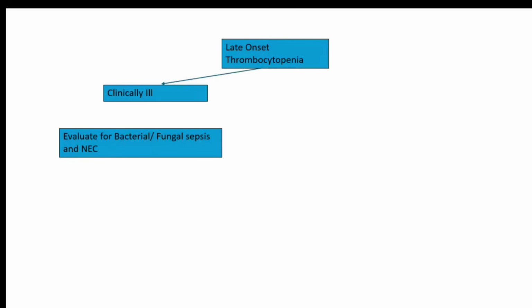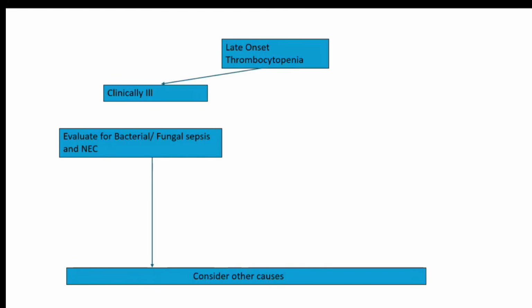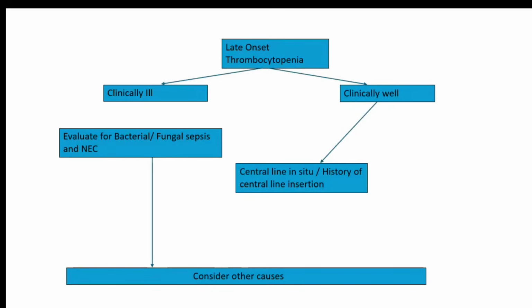If it is a late onset thrombocytopenia, again, you have to look for whether the child is clinically ill or well. So if you have a sick looking child, again, you have to evaluate for bacterial or fungal infections. If that is ruled out, then you look for other causes. If the child is clinically well, you feel strongly that it does not correlate with sepsis, then you should find out for a history of central line in situ, or maybe a history of a central line being present earlier. So many times it happens that we have a child with persistent hypoglycemia, we put a central line